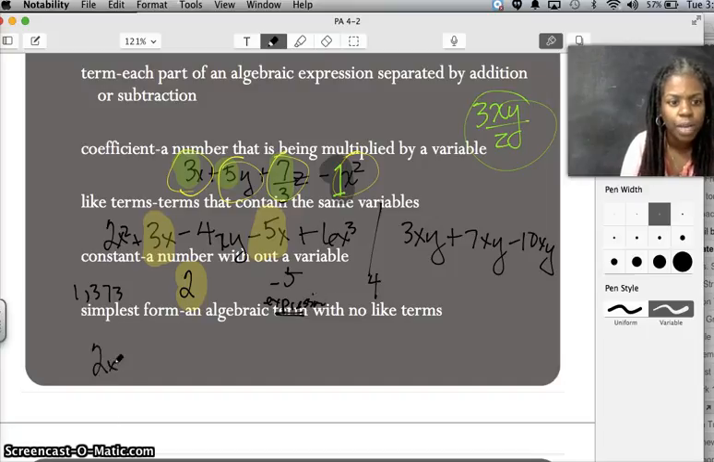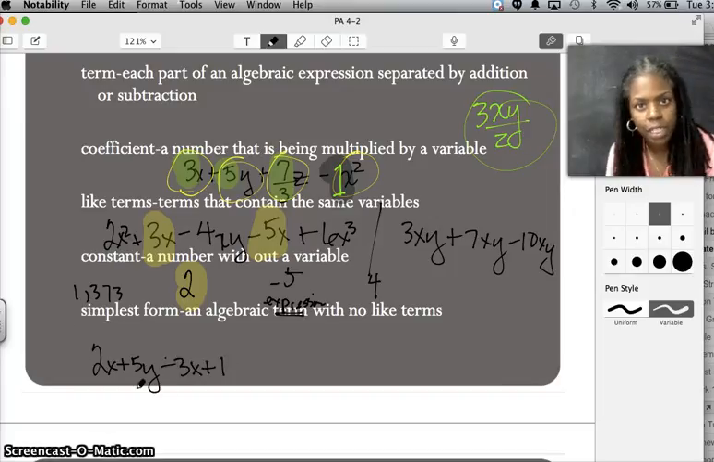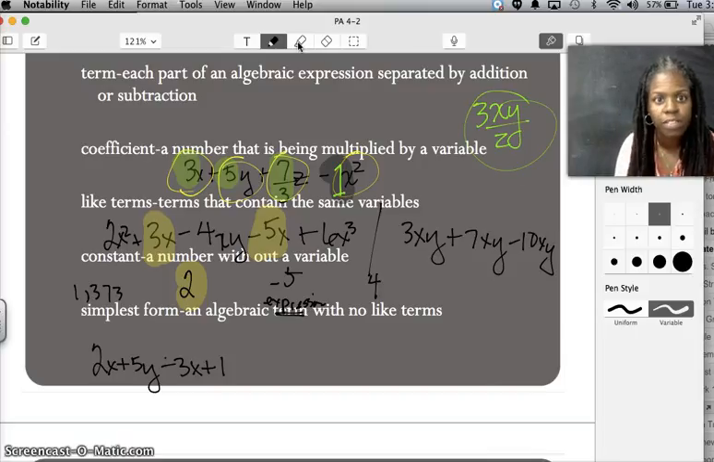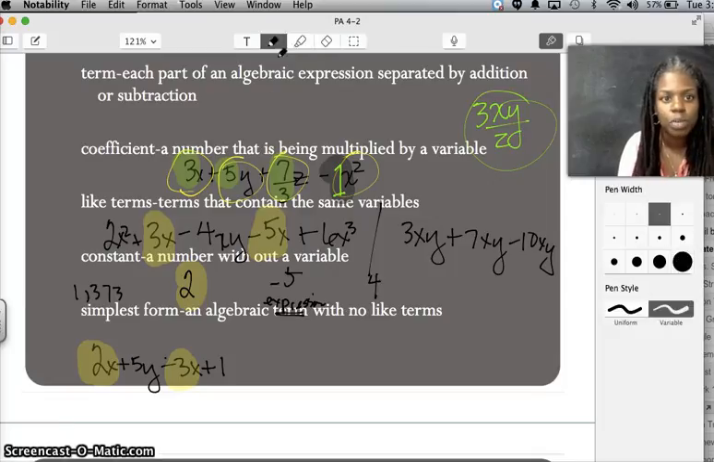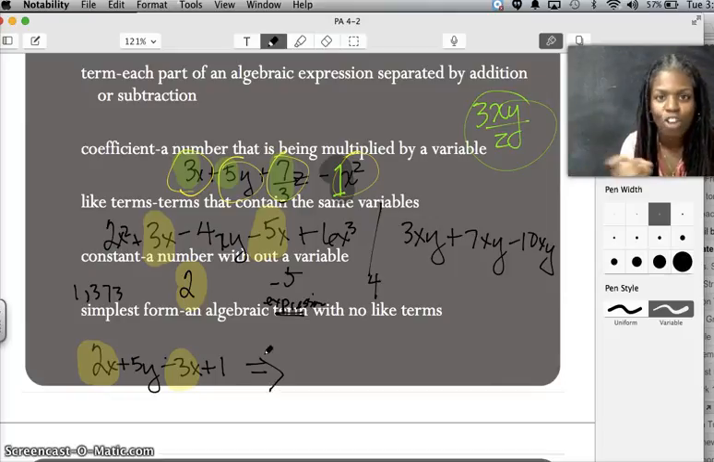So if I have 2x plus 5y minus 3x plus 1, do we have any like terms here? I hope that you remember from our definition of like terms that indeed we do. This guy is alike and this guy is alike. So what we say in a situation like that is that this is not in its simplest form. In its simplest form, we combine all like terms together so that when we're done, there are no more like